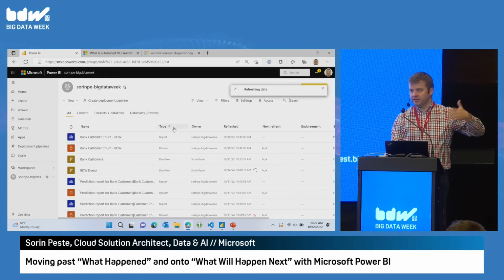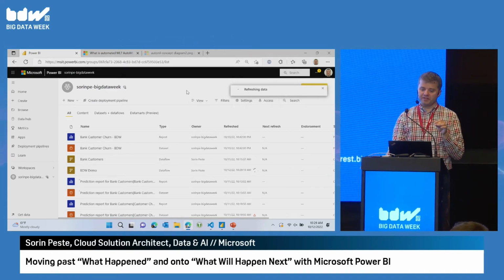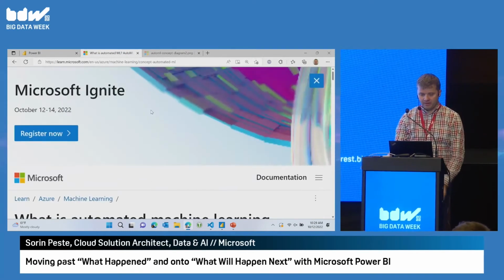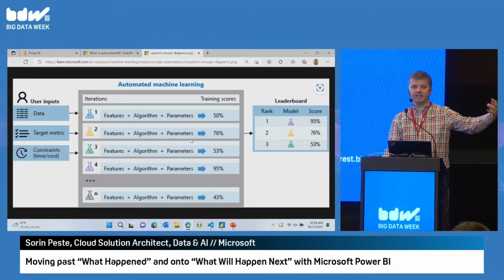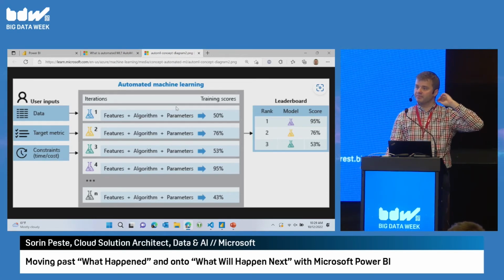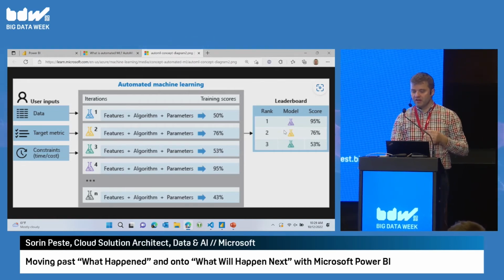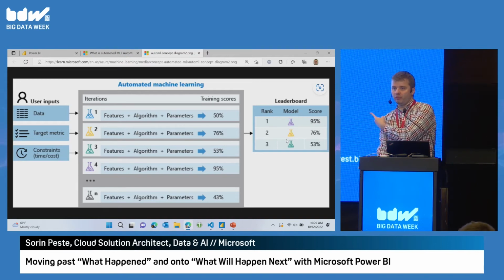So now it kicks off a training. Once again, for the data scientist people here, this is using a service called automated machine learning that we have in our cloud. It has this concept where you're feeding in the data, the target metric, and the constraints, time and cost, and then it goes in an iterative fashion, trying different types of machine learning algorithms and parameters for them to produce an algorithm that is likely to work well with your problem.